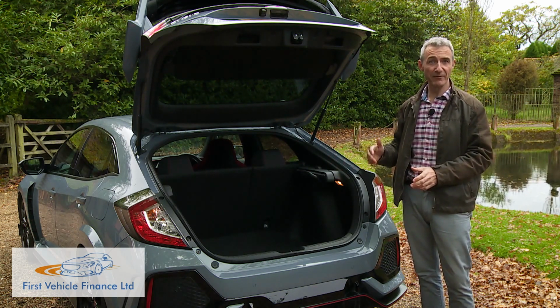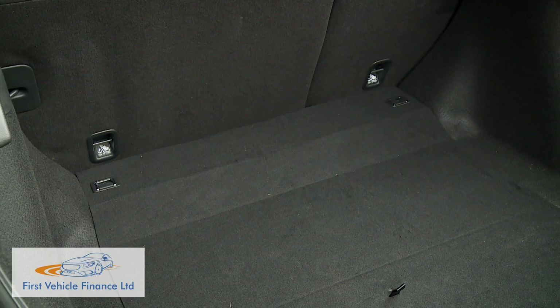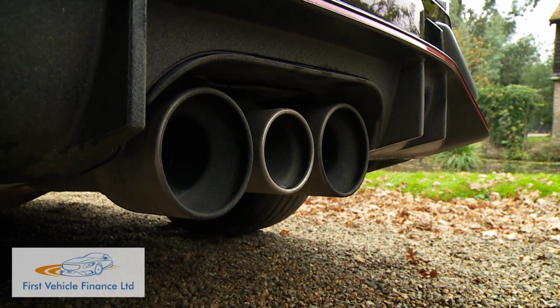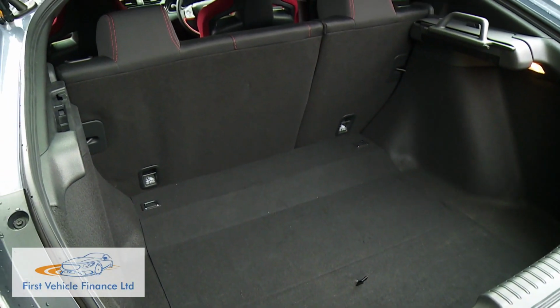than was offered by the previous model, and that's not helped by a slight ramp in the section of the floor that's closest to the rear seats. This was necessary to accommodate the revised exhaust and the more sophisticated rear suspension. Even so, despite all that, this Honda does remain second only to Skoda's Octavia when it comes to overall boot